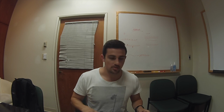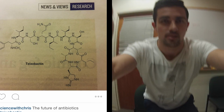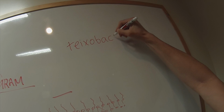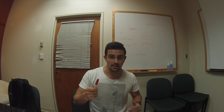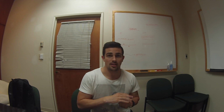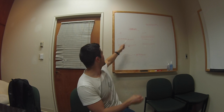So reading through this paper, they found this bacteria that creates this new antibiotic called Teixobactin. Let me write it up for you guys. Teixobactin. Okay. So it's called Teixobactin, and the bacteria Eleftheria terrae, which they found, was a gram-negative bacteria. And the Teixobactin, which is the new antibiotic they found, attacks gram-positive bacteria. And it specifically attacks them with their peptidoglycan and teichoic acid area. So it attacks this area